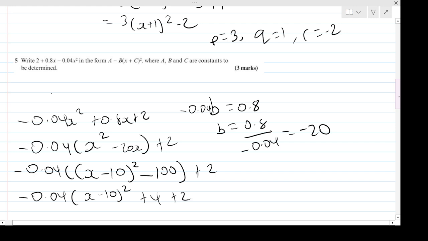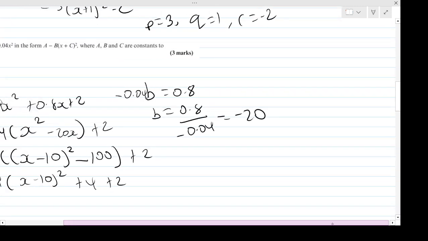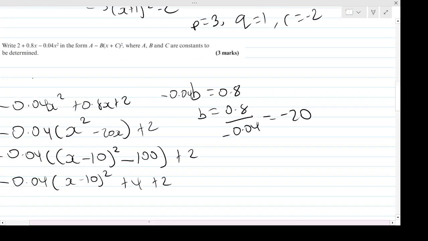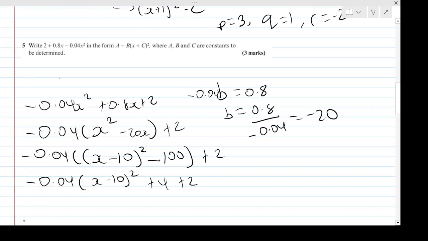And then we're going to have this plus 2 at the end, remember, once we expanded. Lastly, we can pull all that together by doing 4 add 2. We get minus 0.04 of x minus 10 all squared plus 6. And there we are. And you notice, we can rearrange it, but it's not exactly in this form because